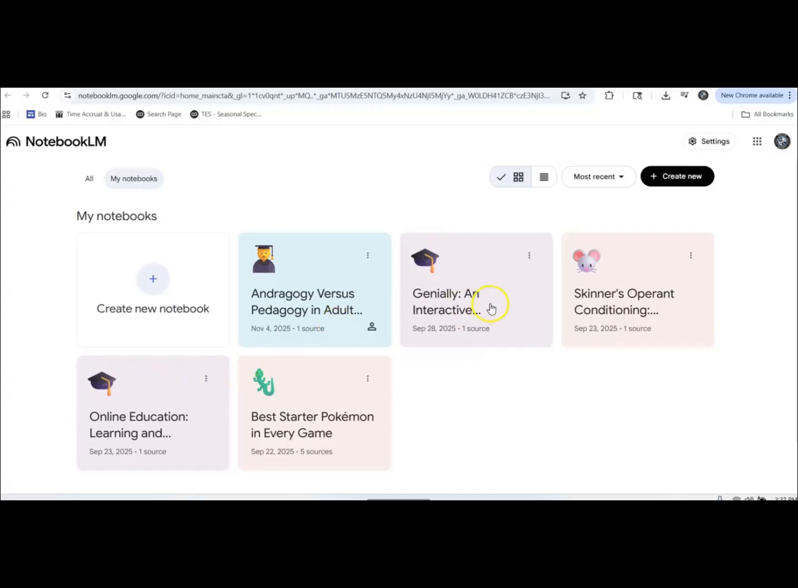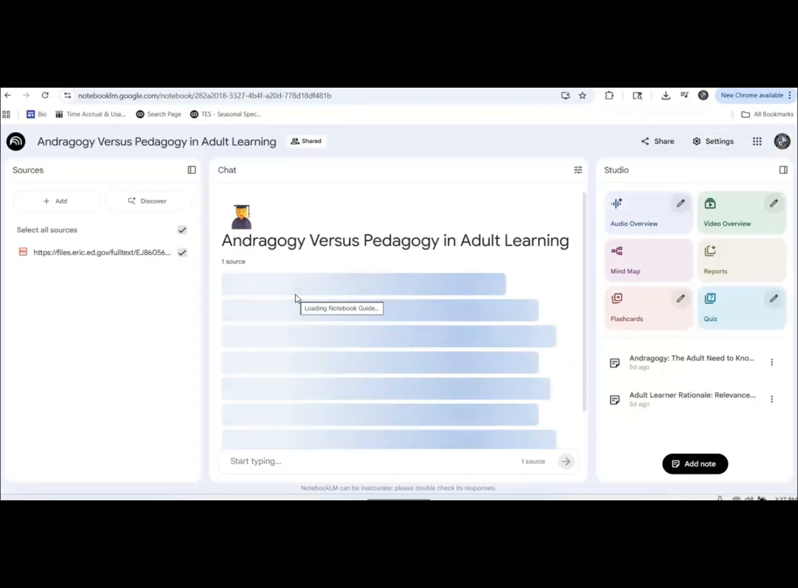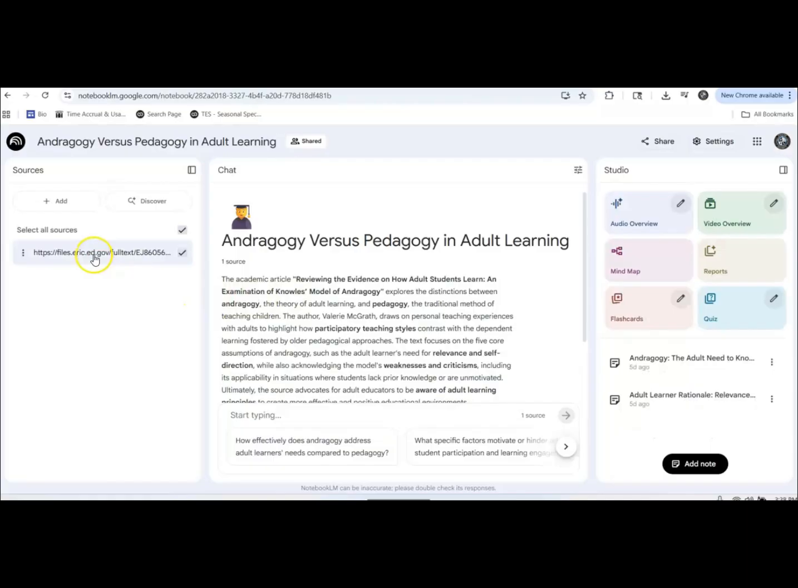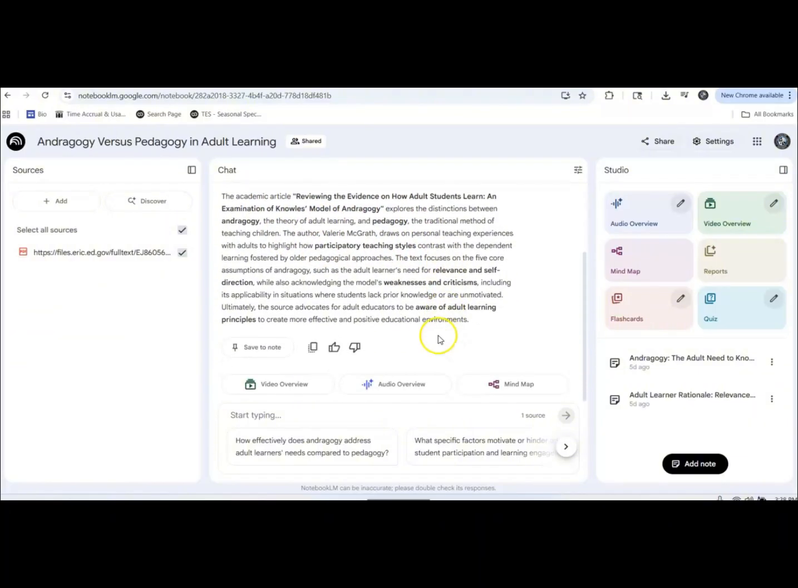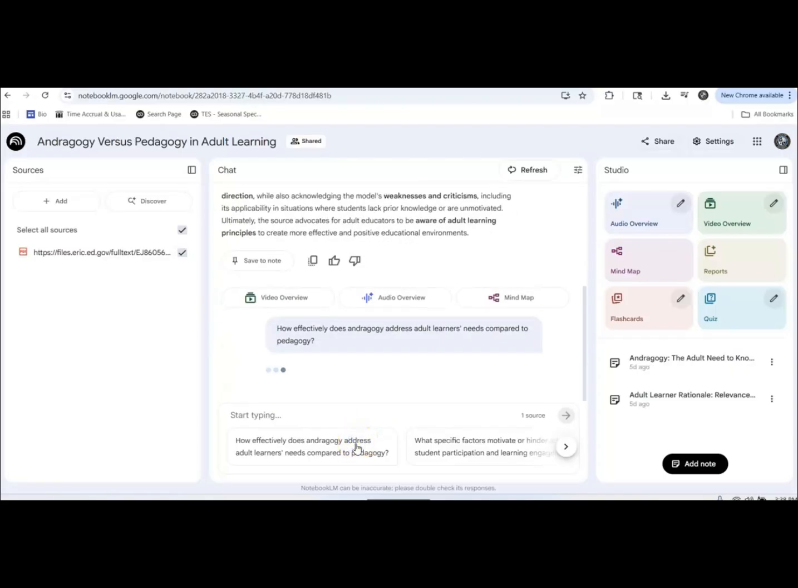As you see, I have a few examples here, such as androgyny versus pedagogy. And I put in this source right here, and as soon as I put it in, it created this notebook basically giving an overview or a summary of the source I put in. I can also get a video overview, audio overview, mind map, and I can even ask it follow-up questions like